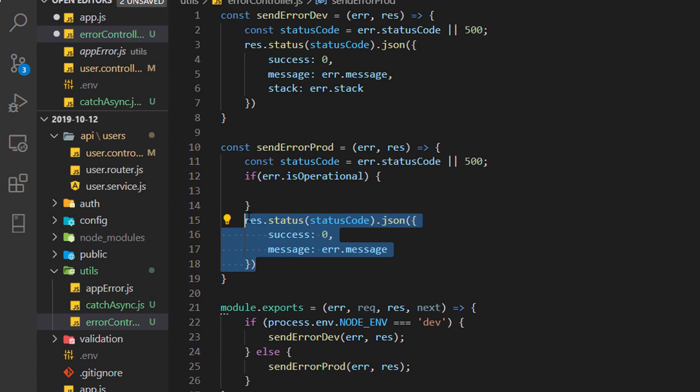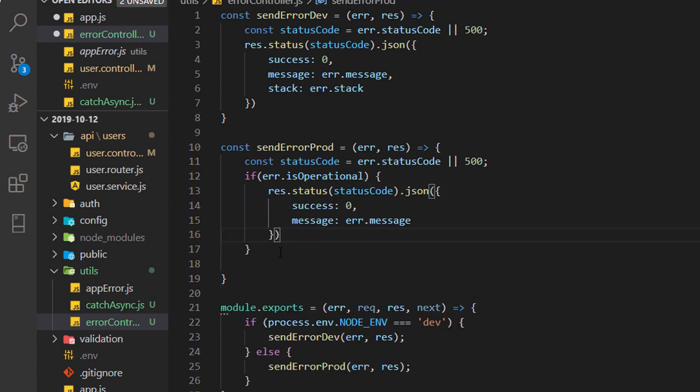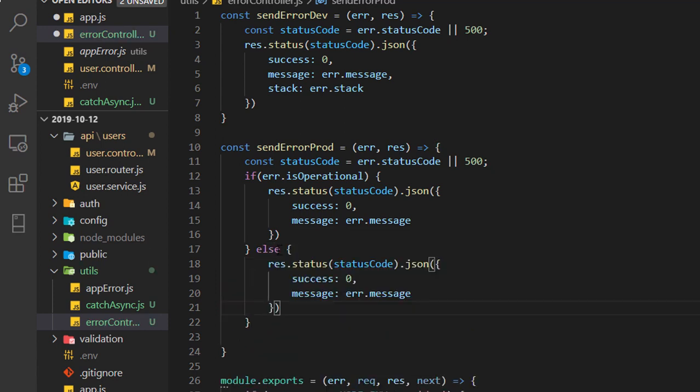Then I can send this message. Else, if not, then I'll just send the message: something went very wrong. Because if I don't check this variable, it means this is not a trusted error, right? This error may happen from the server or may be thrown by the database.